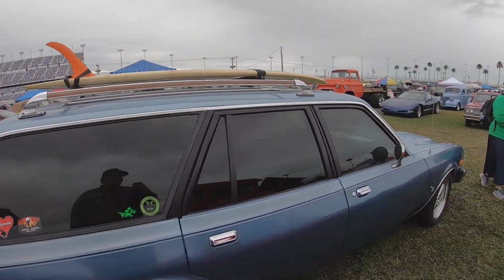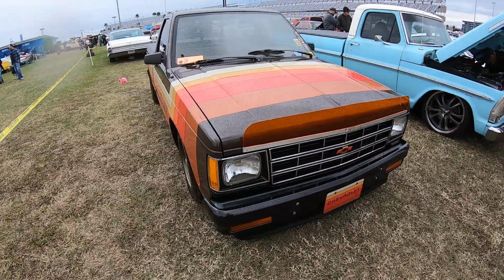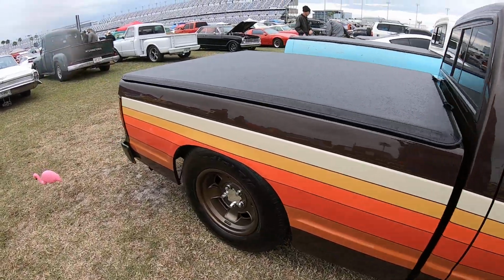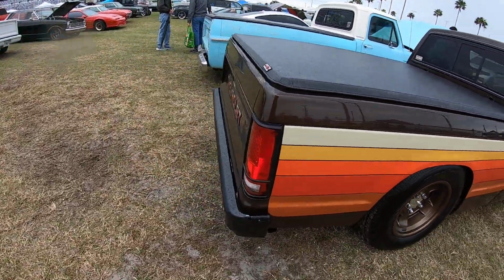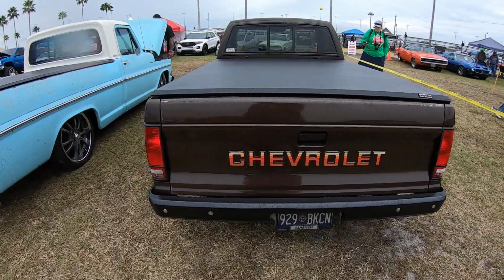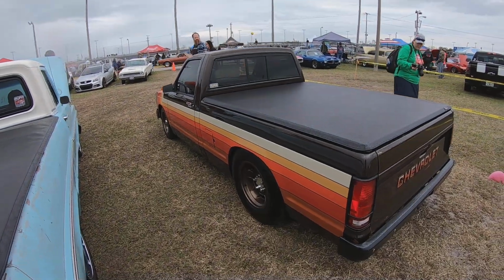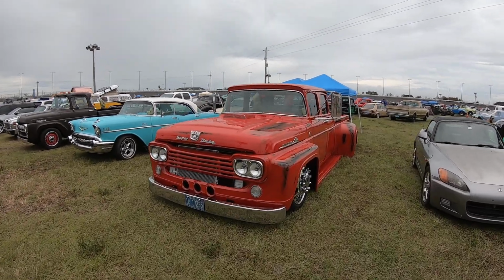Nice. Alright, look at this little Chevy, got the stripe theming all the way throughout. Nice dark brown color with some nice bronze styled wheels. Then go into the back, they carry the logo and the colors all the way around this thing. That's a nice little truck. I like it. And an absolutely slammed Ford